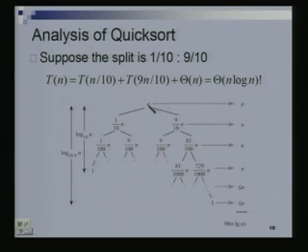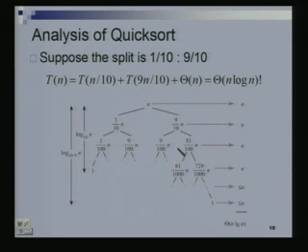Let's figure out the right number. So let's just look at the largest number we have as we go down one level at a time, because the largest number is the one which we have to say goes down to a 1. So at the root we have n. The largest number at this step will be 9n by 10, because the other number is smaller. Now what will be the largest number at this step? It will be 9/10 of this guy, which will be the largest one. So that will be 81 by 100 n. The largest at the next step would be 9/10 of this guy.